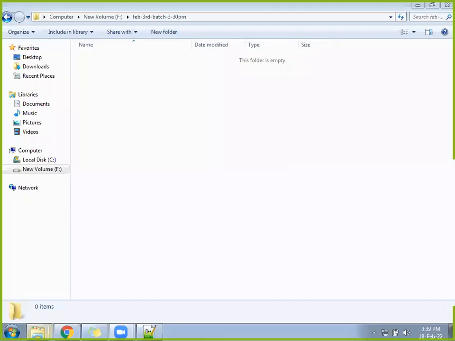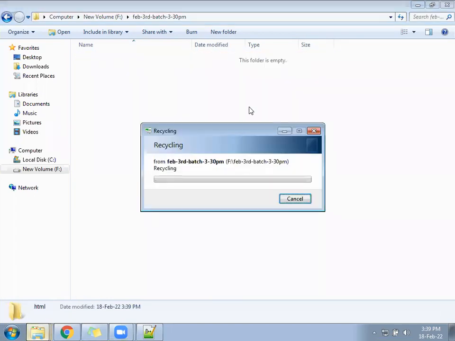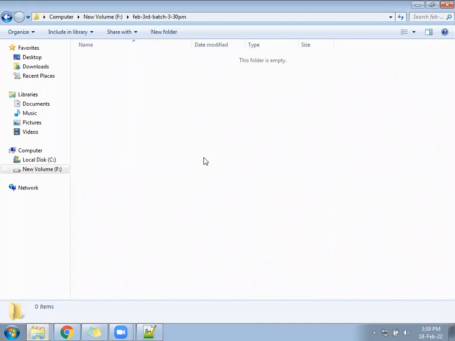Create a folder. You can create a folder. Folder name will be HTML, or any folder. Since maybe you are not much comfortable, leave that. No need to follow the folder also. Just anywhere on the desktop also you can create the files today, and on desktop also you can create a